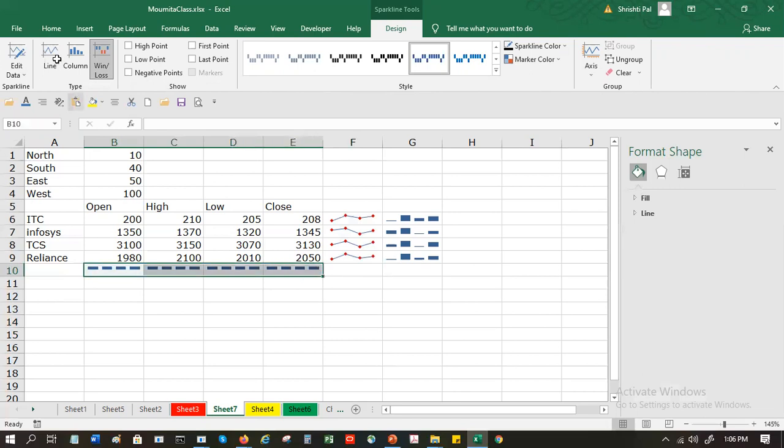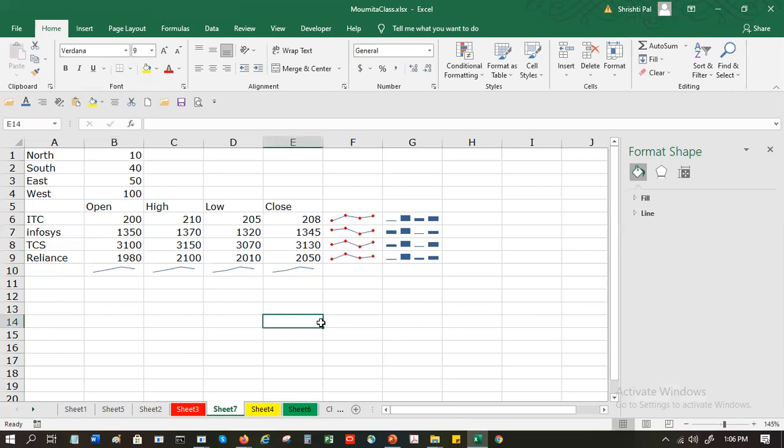Again, depending on your data, you should choose the appropriate one, and it will actually display that way.